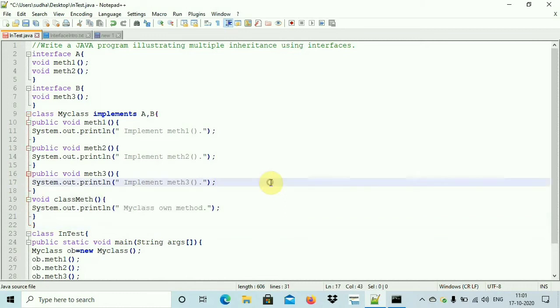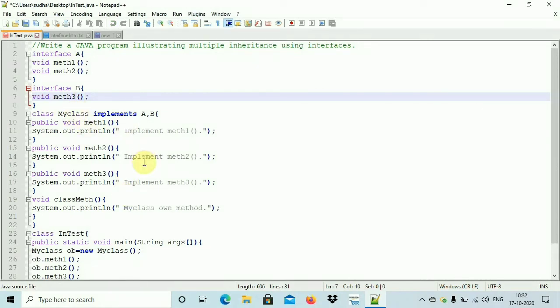And also remember, friends, for example, if interface A and interface B both are having the same kind of methods, for example, here interface A is having meth1 and interface B is also having meth1. In that case, what should my class do? In that case, my class can have implementation for only one method, that is meth1. One implementation for meth1 will be enough. It needn't have two methods having the same method name and signature. That is not possible. So it should have implementation for one method, that will be enough.